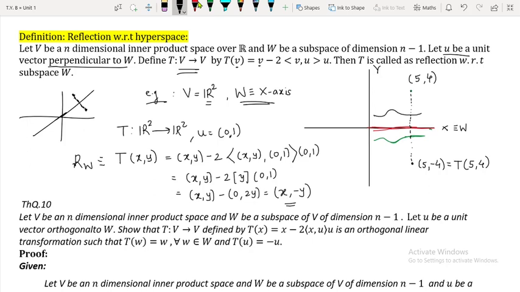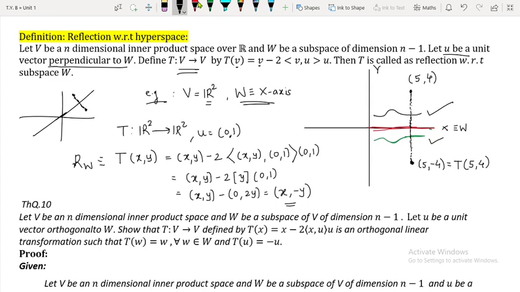That is what I have done here. So simply draw a line perpendicular to the x-axis, continue it, and this is your reflection, that is (5, -4). I hope you are getting my point. So therefore, if you are having such a type of curve, your reflection is going to be somewhat like this. This is going on along the x-axis, but remember W can be any line passing through origin, because the dimension of any line passing through origin is 1.